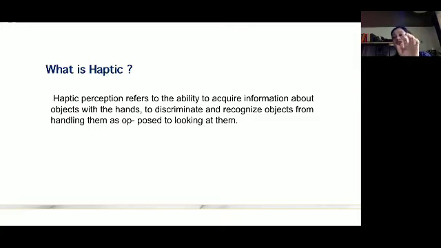So this natural action of exploring the environment, to seek the information, is innately seen in a baby, in a newborn baby. He grasps the mother's breast, he grasps the mother's face. Many times the mothers say that the child is actually scratching his face. That is haptic perception. He is trying to understand his face.